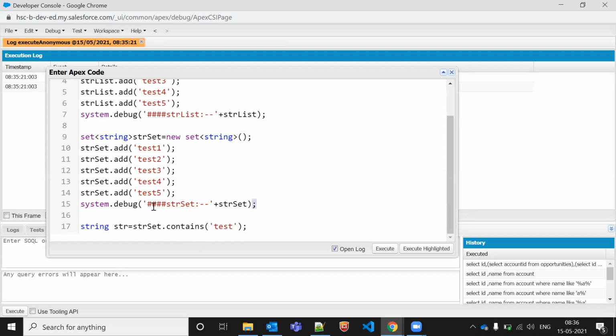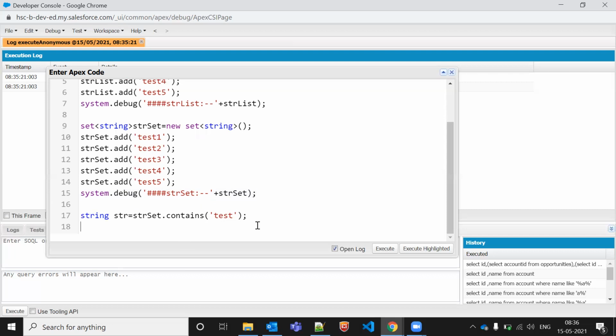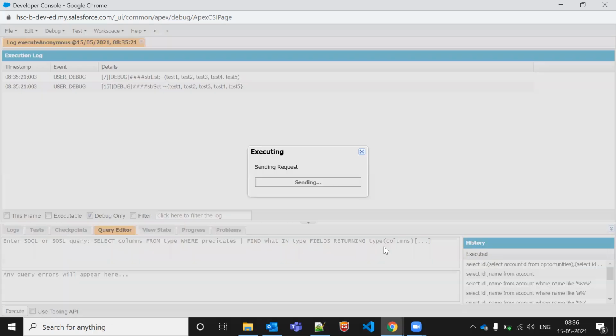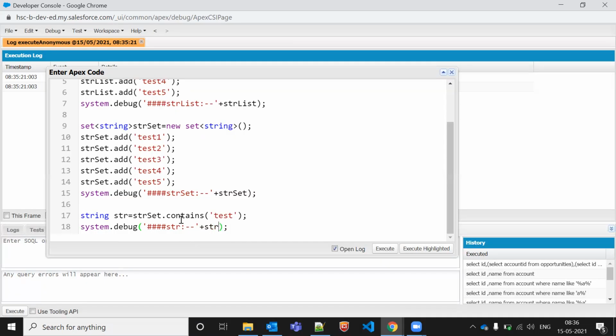Let me add one debug log here. String to boolean string. Oh, sorry, it should be in string only. So generally this returns a boolean value, because if it contains a, it will make it boolean b: if it contains, it returns true, and if it does not contain, it returns false.